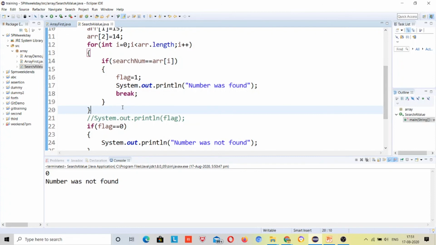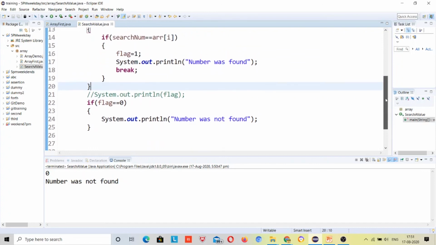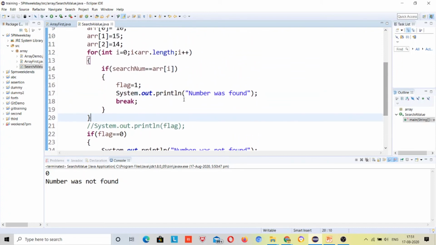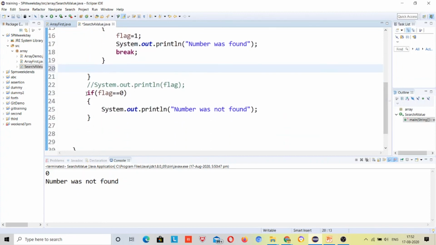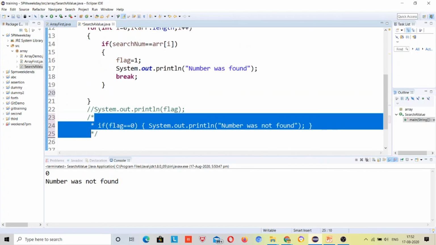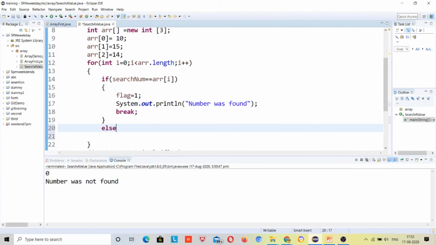Where will you write that else statement? After this if, because else should be immediately after the if, right? So I will comment this code and do the same. If I use else here, the code will not give an error, but there will be a major problem.